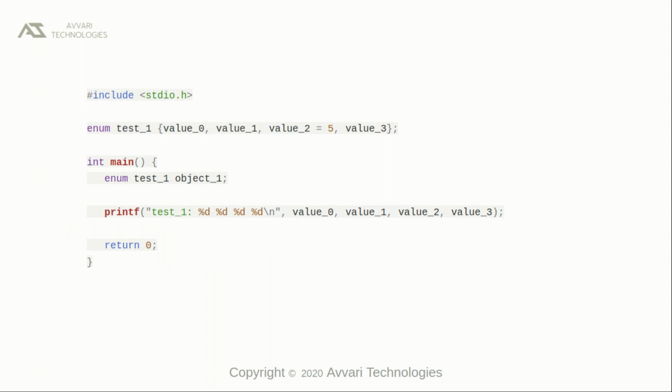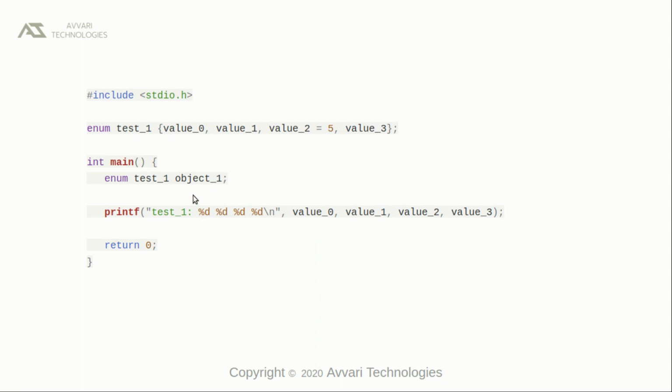This is a simple example to demonstrate enumeration. Here we defined enum test1. Test1 is the name of the variable, and the values we defined in a sequential order. If values are not initialized for value 0, value 1 and value 2, the values are automatically instantiated by the compiler to 0, 1, 2 and so on. If we initialize some value to an enum value, that value could be used in the program.